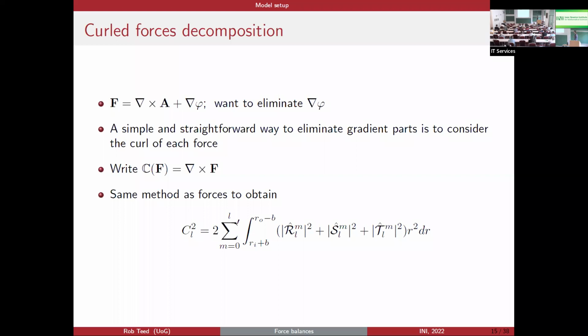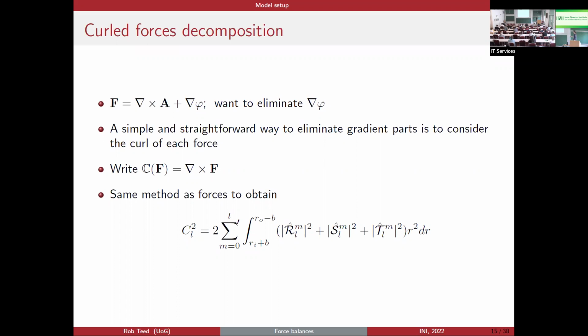So as before, we want to eliminate the gradient parts. So here's what each force will look like. We want to eliminate this gradient part. A simple and straightforward way to do this is to take the curl. If you take the curl of this thing, it kills this gradient part, and you end up with basically the curl of A. So we could write this as, define this,